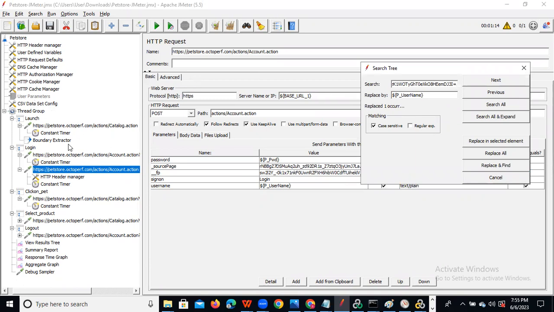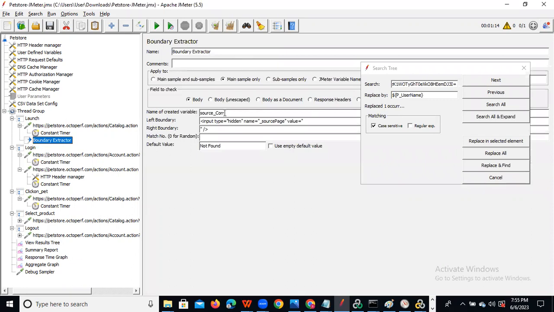What name did you give? Source underscore page, source underscore core. This value also we need to give the same way, like dollar and open curly brace, Control V, and close. And now you can replace all, because we know everything.